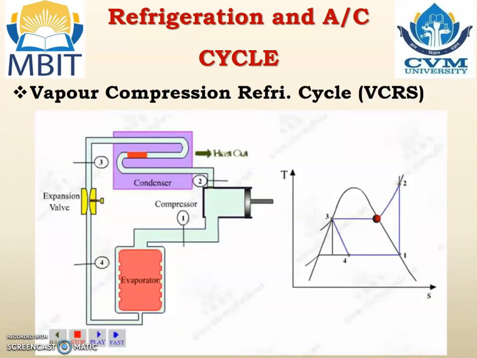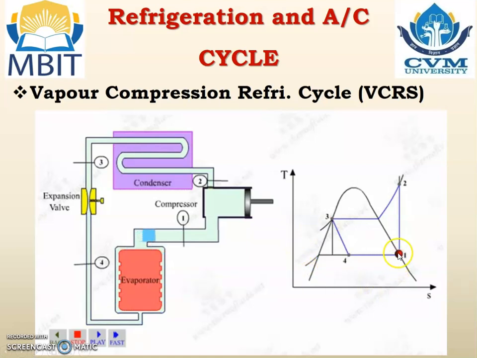Now we are going to study the temperature entropy diagram, the TS diagram, for the vapor compression refrigeration cycle. So here you can see when the refrigerant is compressed, from 1 to 2, it becomes vapor. Now this inverted U black line, as we have studied in the steam chapter, is nothing but the saturation line. And outside this region is the vapor region. In between is the wet region, and this left hand side region is the subcooled region.